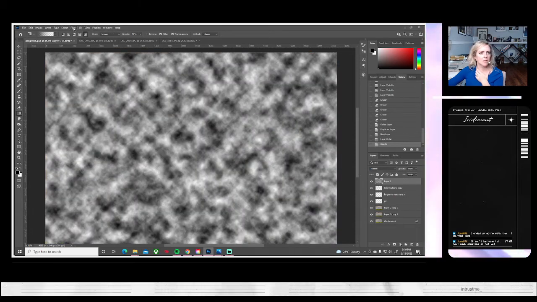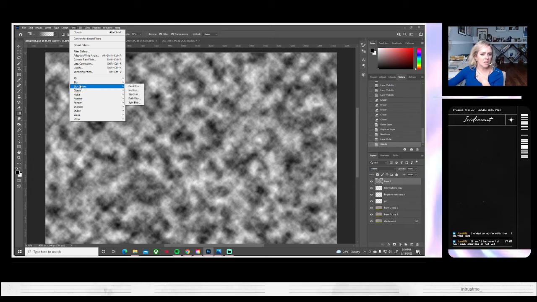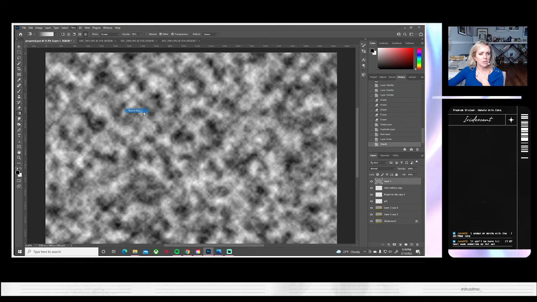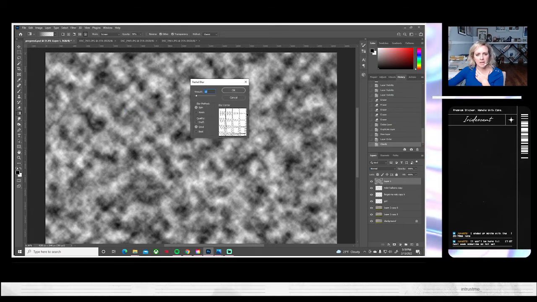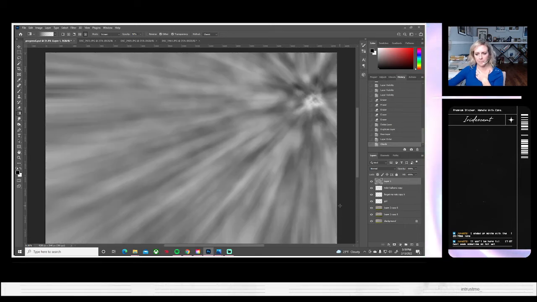That's what it is. Okay, and then it was radial blur, and I want zoom at like 100%. So we're gonna do erase, and then